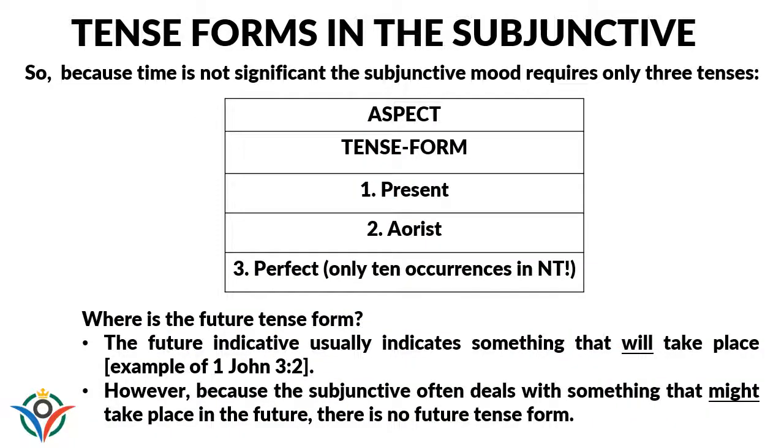Let's quickly speak about the tense forms in the subjunctive. Because time is not significant, the subjunctive mood requires only 3 tenses, namely the present, the aorist, and the perfect tenses. However, the perfect occurs only 10 times in the New Testament. And because it's very rare, we are going to focus primarily on the present and aorist tense forms in the subjunctive mood. Now, you might have asked yourself the question, where is the future tense form in the subjunctive